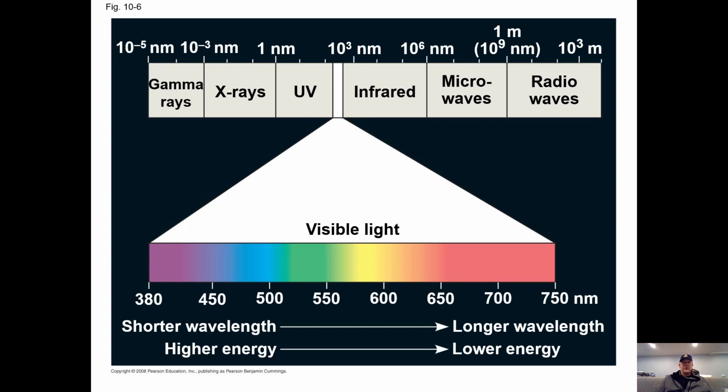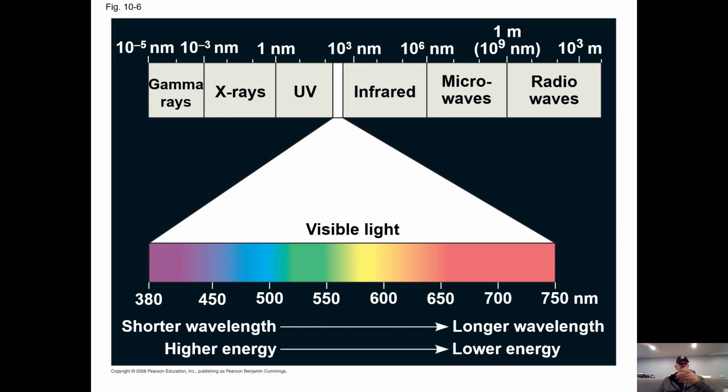So if you have a small wavelength, you end up having a lot of energy. If you have a large wavelength, you end up being weak. Of course, visible light is right in the middle of all this. Blue light tends to have more energy. Red light has less. And a side note, your gamma rays and your X rays and UV light all have a lot of energy, relatively speaking. We call it ionizing energy, where if they hit the DNA of an organism, they can potentially mutate it or change it.